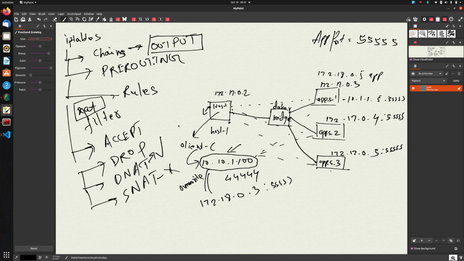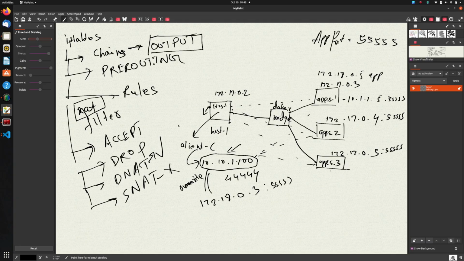We can basically proxy the packet to one of the destination servers, and that's pretty much what we are going to do now. We are going to create these iptables rules which will make sure that for any packet that gets generated within the box for this virtual IP 10.10.1.100, which is completely imaginary, it doesn't even exist, right?